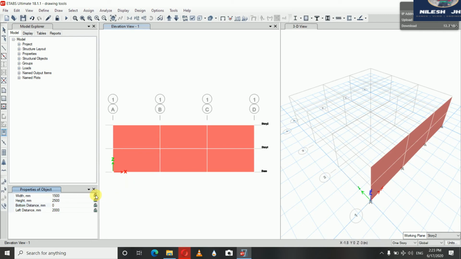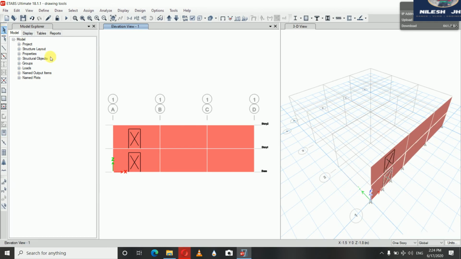And now I'm going to lock all this so that I can create in a single click. So here if I click, you can see a box is there, and this is the opening that we have created. Similarly, if we click here, you can see we have created two openings for the doors. And now the other way is by creating our reference points and reference planes.